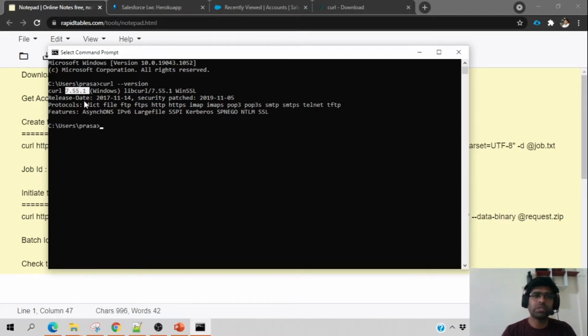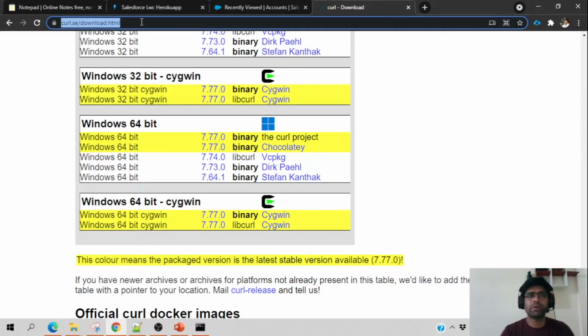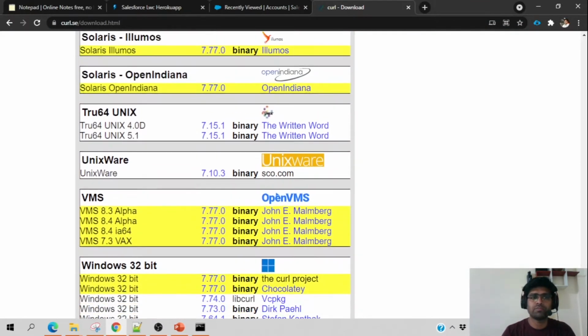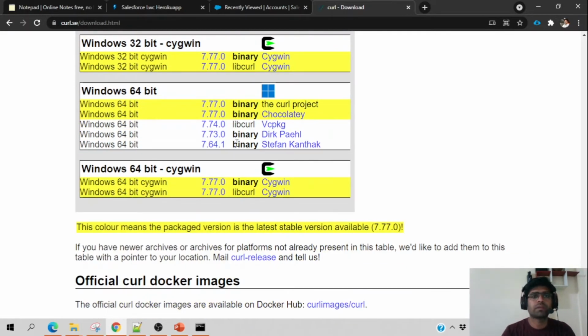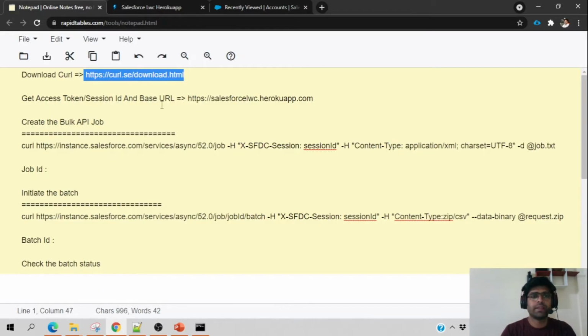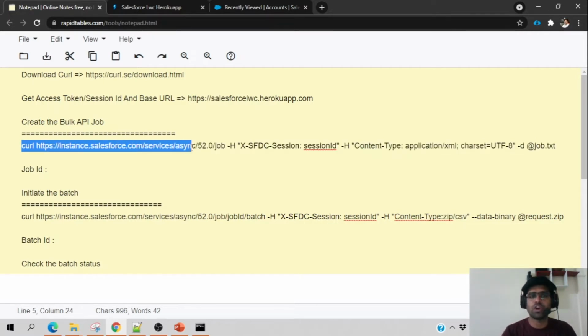If you are not able to see it and you are getting an unknown command curl, then there is a URL, which I have listed in step 1. You have to go to this URL. This is a long list of URLs for different versions and different platforms of the curl command. In this topic, we are going to discuss only Windows 64. Accordingly, you can see the other platforms, such as Linux and Solaris, for how to configure them.